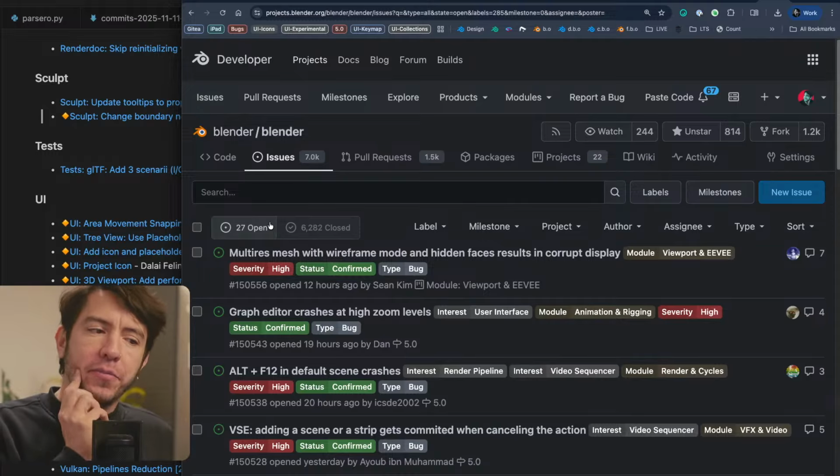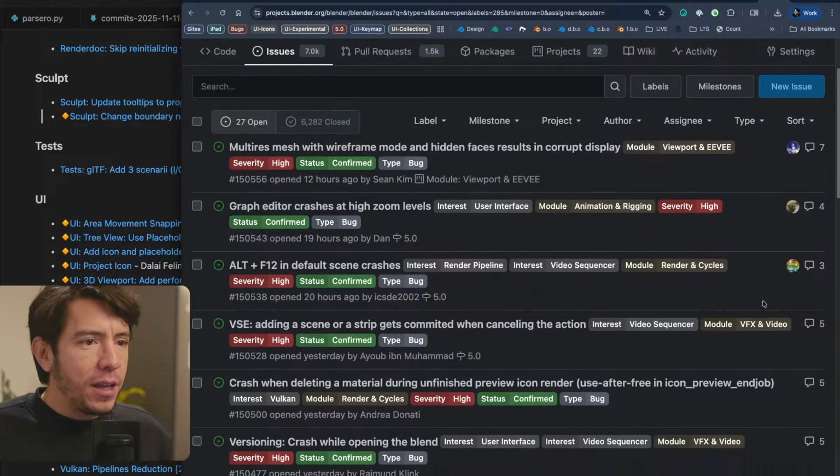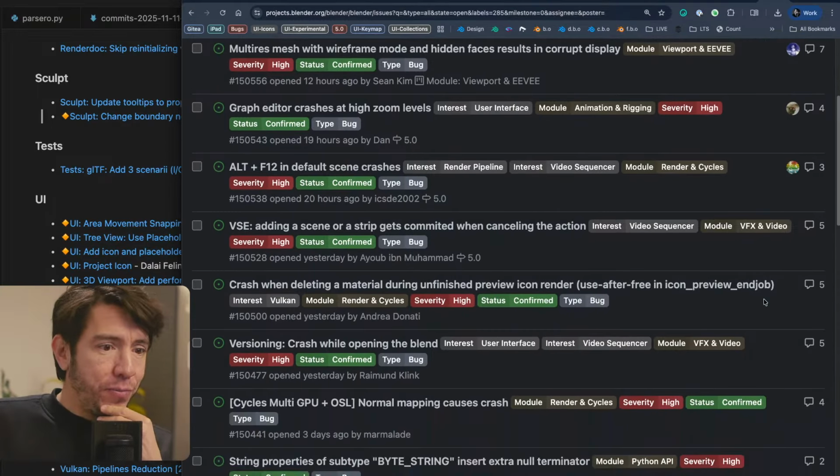Well, there's one that I mentioned before related to packed blend files. Maybe that one is going to close a bunch of things. That's a pretty big number. Just so you know, I think when Blender 5 came out, there were less than 10. I think at some point I even saw 9. Maybe in those days it went a bit higher, but it was definitely not 27 like it is now.